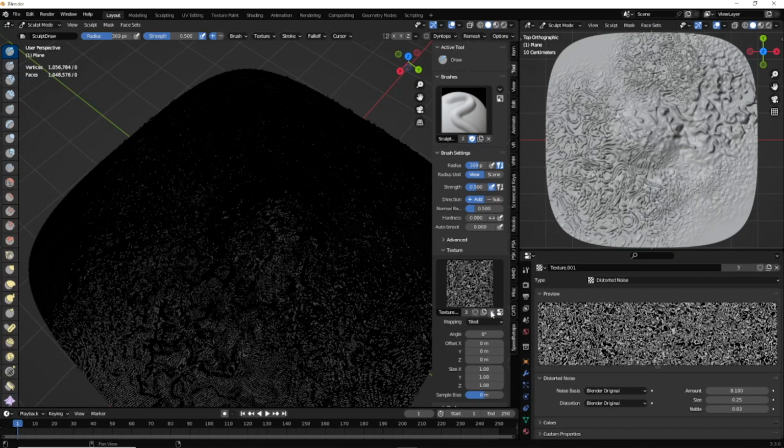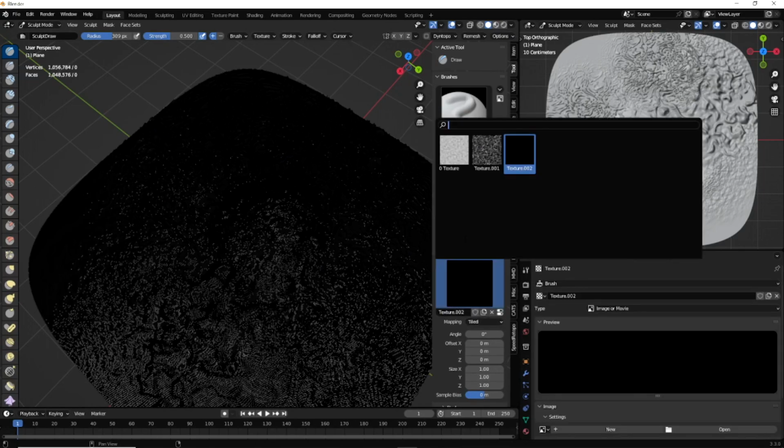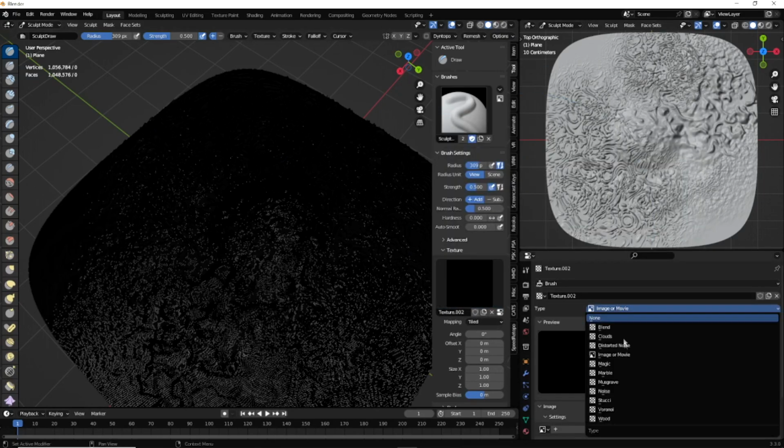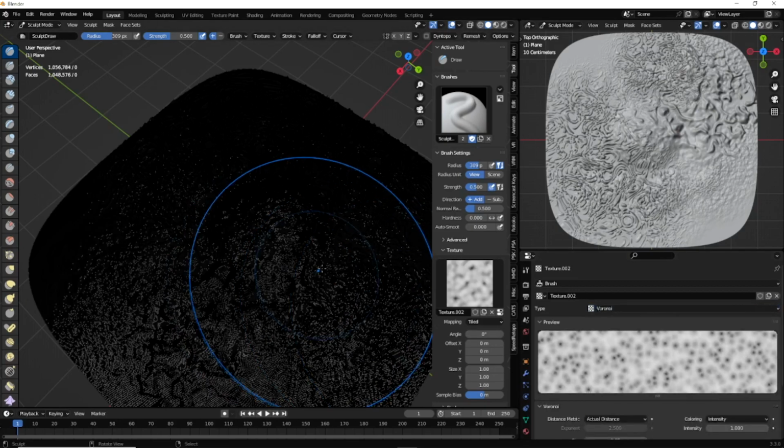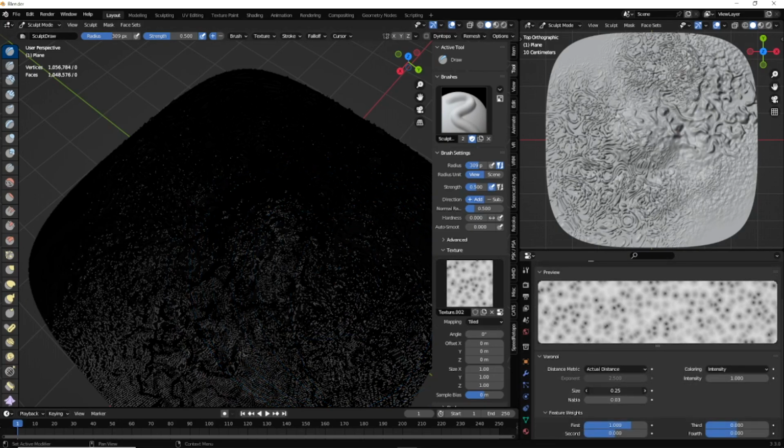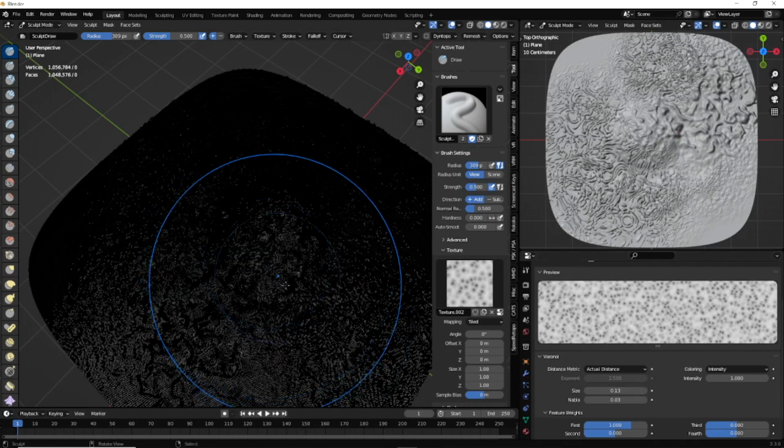So let's make another one as well. So I got rid of that one. Oh no, there it is. So, let's do Stucci, or whatever it's called. No, let's do Voronoi, whatever it is. And you can see here,